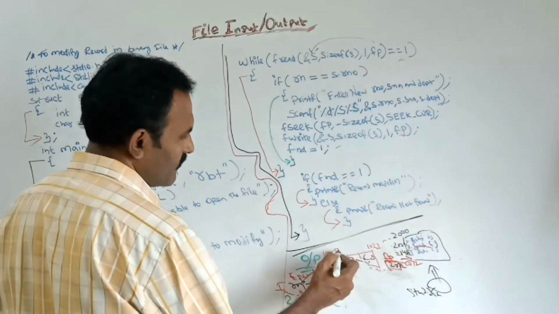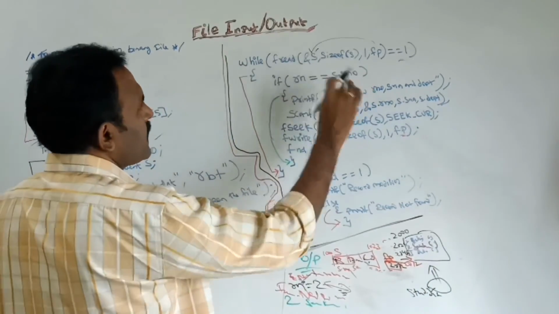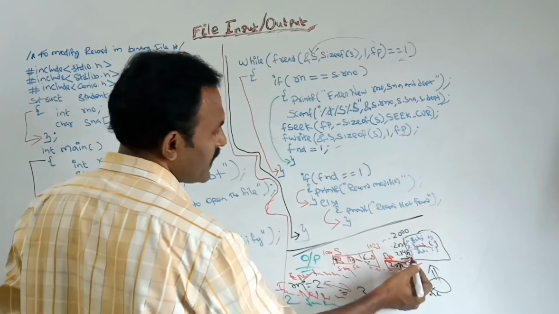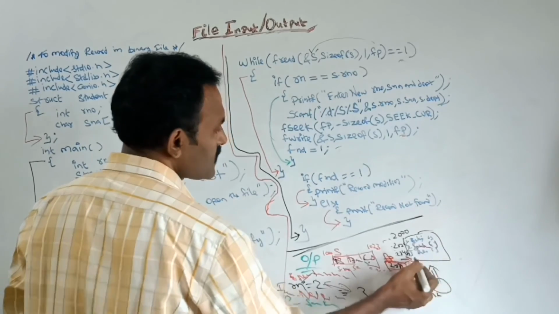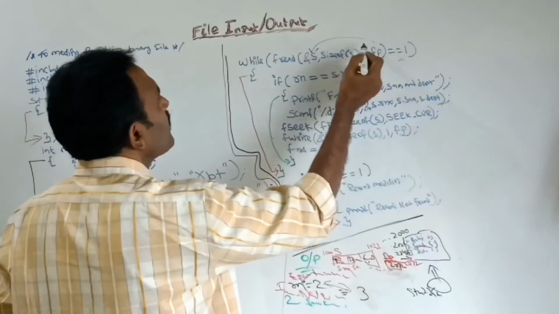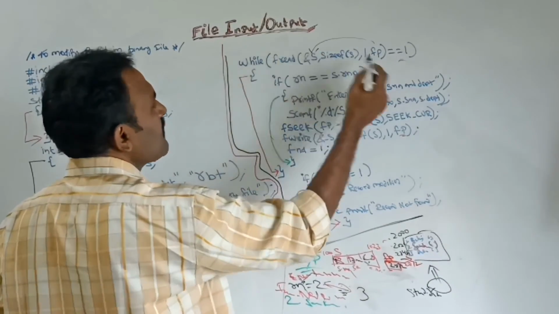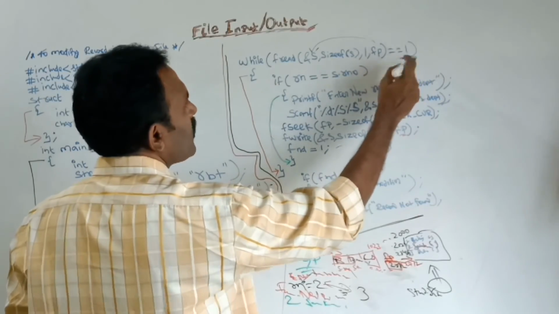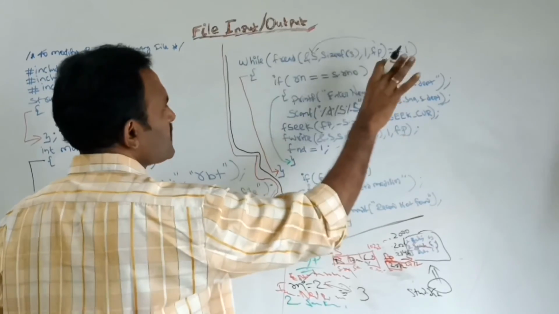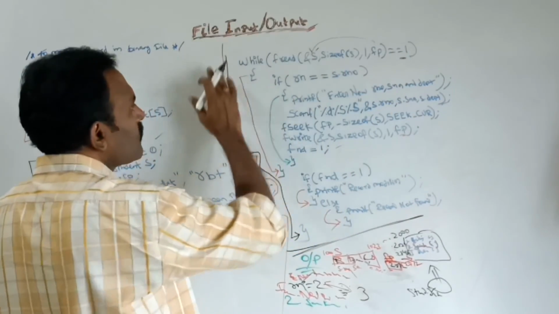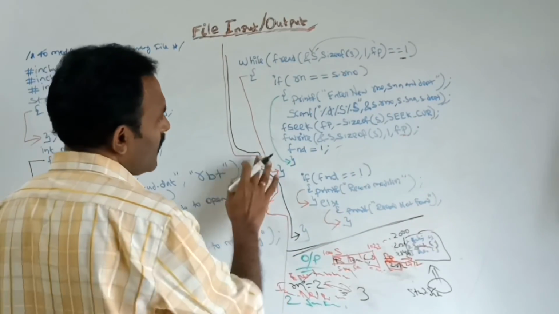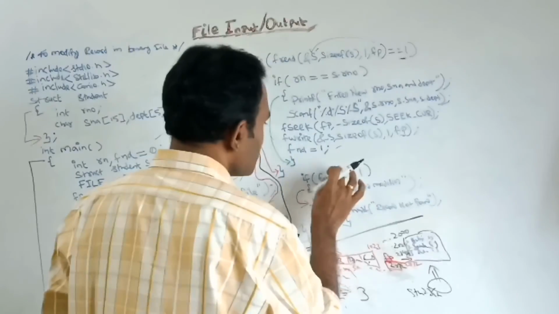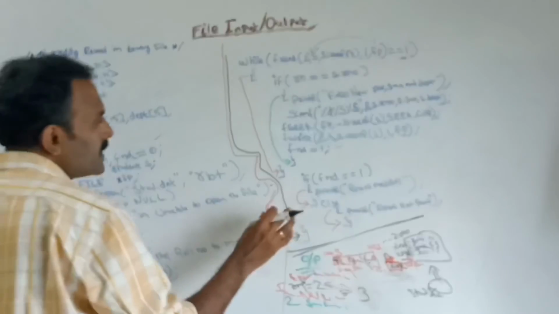So here, now the file pointer is at 2072. There is no record. Once there is no record, the fread function returns a value lesser than 1. But the required value is how much? 1. The condition is not satisfied, so it comes out of the while loop. After coming out, by the help of this fnd variable, I am printing the message.